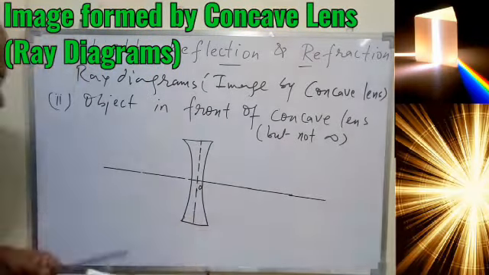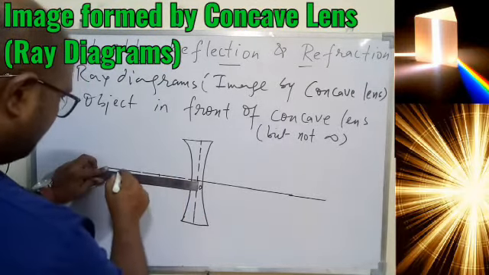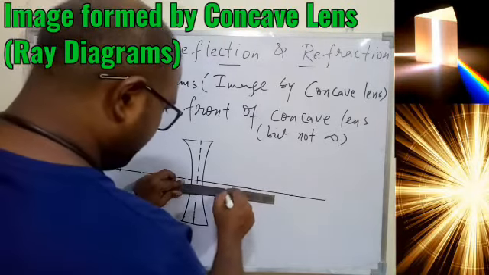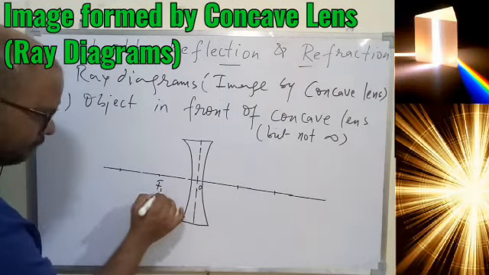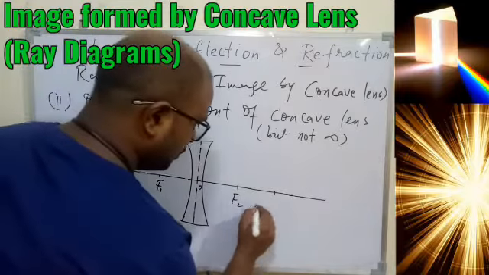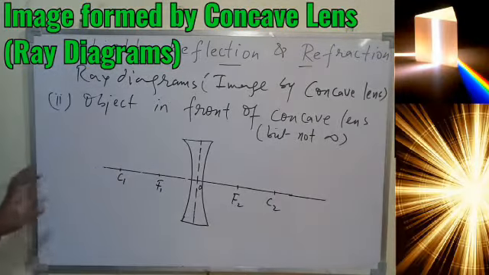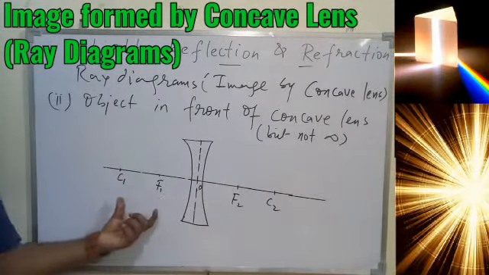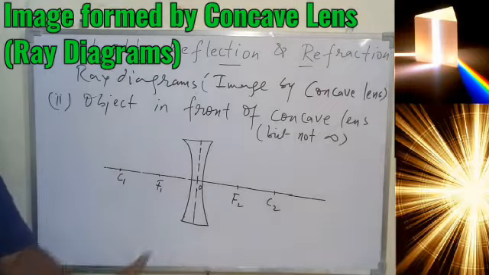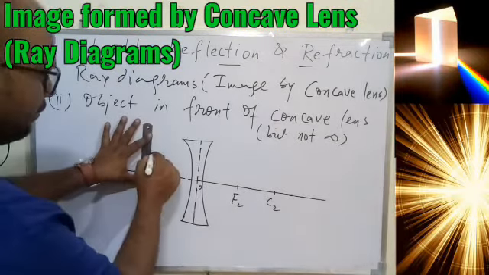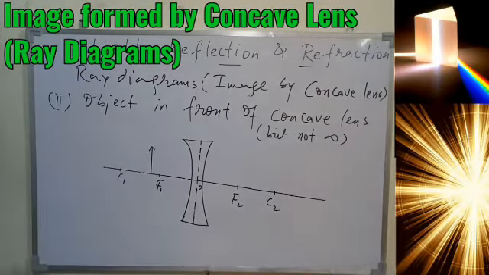So this is my optical center, and now let's take equal divisions on both sides. This is 4, 8, and 4 and 8. So this is my F1, C1, F2, C2. The case is anywhere in front of the concave lens, so you can place it anywhere. We are not going to talk about between O and F, or between F and C. You place it anywhere, you'll see in all cases the characteristics will be the same. You can try also. So let's place it anywhere in front of the lens and try to find the nature of the image.